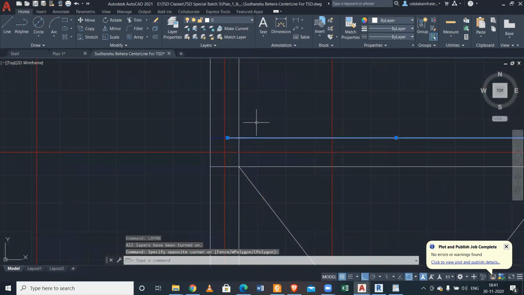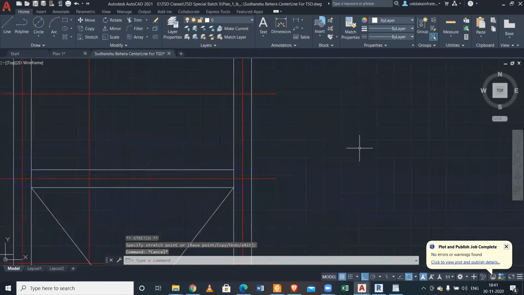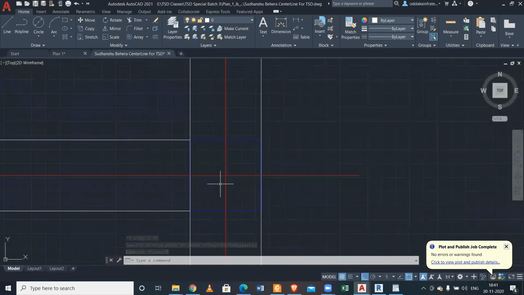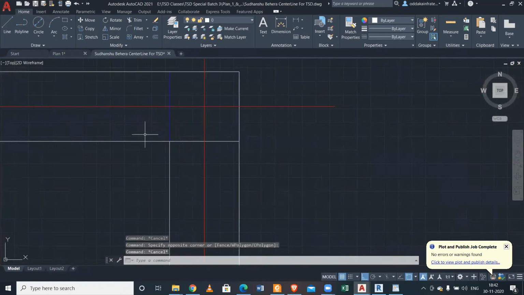We don't have here. We need to change this. You have anything like this? An overlap.